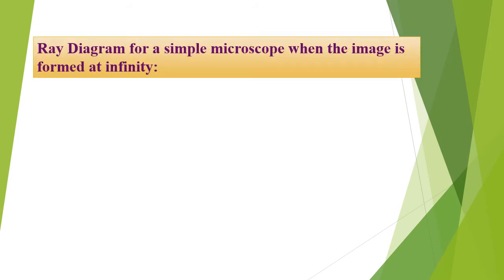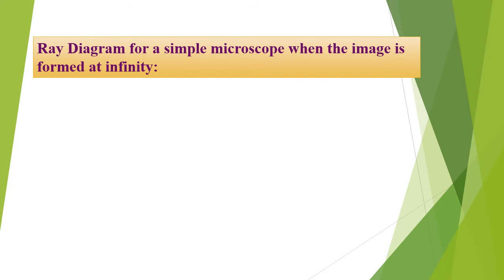Ray diagram for the simple microscope when the image is formed at infinity. See, the first case, whatever you studied, is for the strained eye case. Whenever you are reading a book from a closer point, you may feel tiredness in your eye. So I want to get relaxed. What will we do? We keep the book aside and look at a larger-distance object, so that the rays entering your eye become parallel. For the parallel case, the eyes are relaxed. When it is taken at the near point, the eyes are under stress because the ciliary muscles are working to focus the image on the retina. That's why it is taken as a relaxed eye case when the image is formed